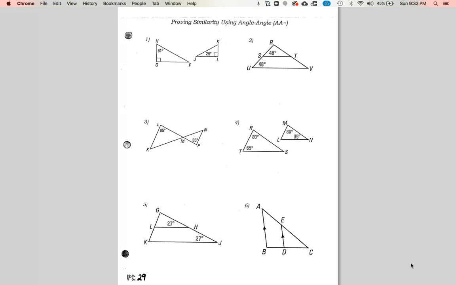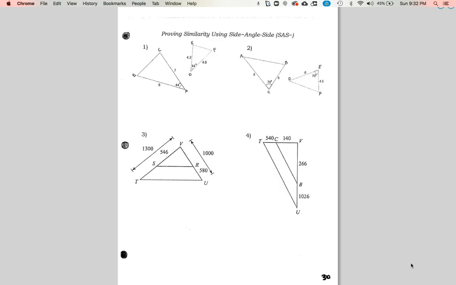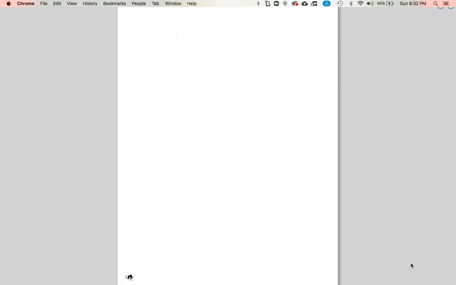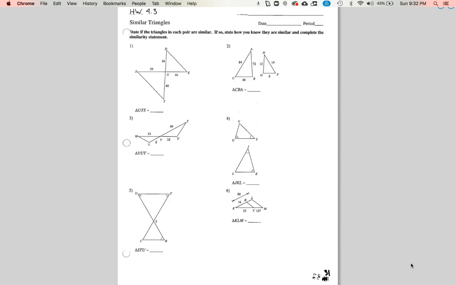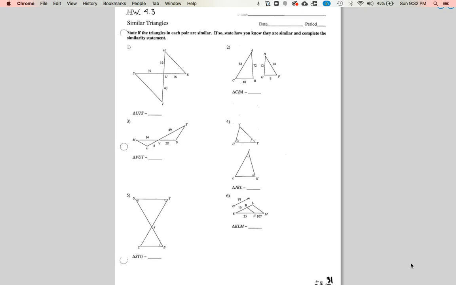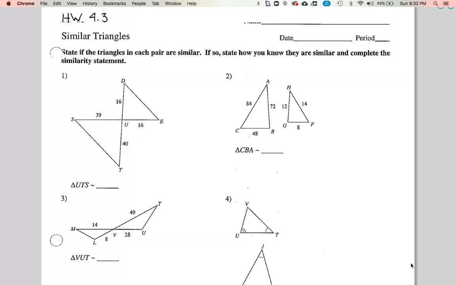In the review, it's nice because it puts all the angles together. It puts all the side angle sides together and all the side sides together. So you don't have to guess which one's which. When you get into the homework, they're all going to be mixed up. So in the homework, what I want you to do,